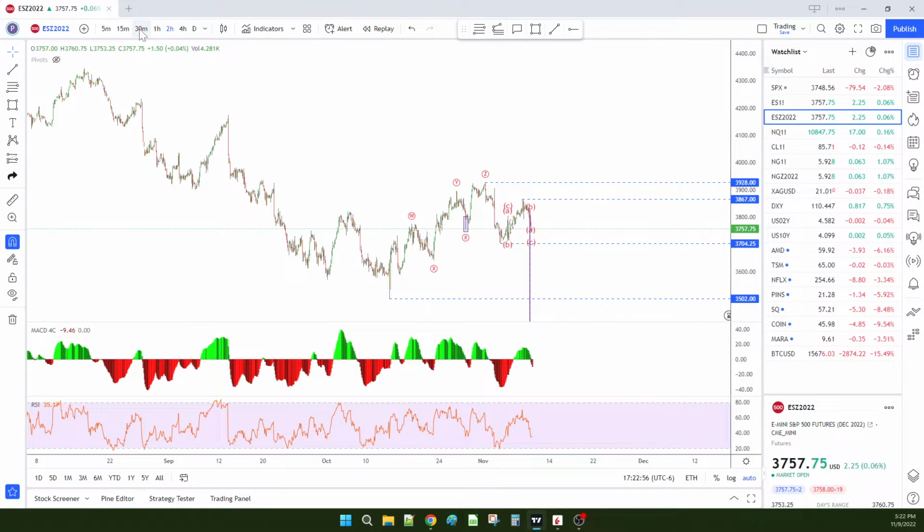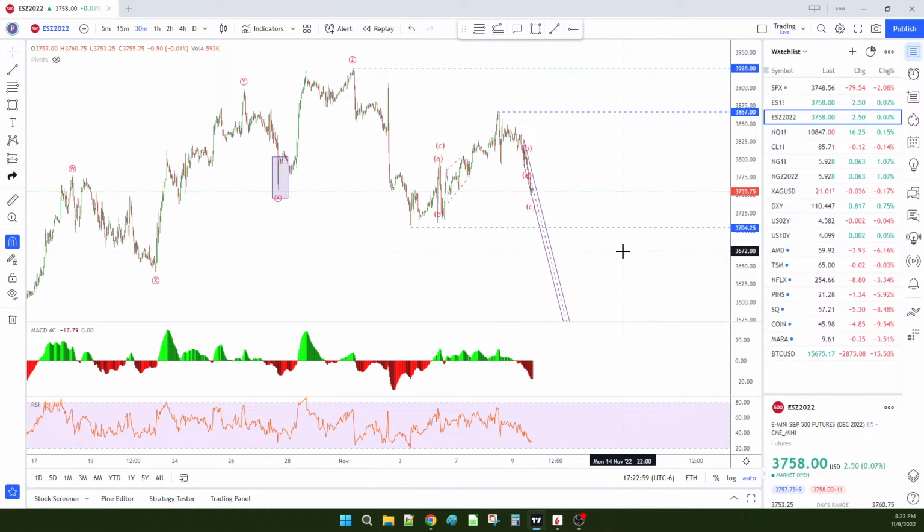So a lot of stuff going on in the markets right now. Bitcoin really selling off. The FTX exchange looks to be imploding, and it's causing Bitcoin to go down 15% just today, and it's been going down all year. So a lot of negativity in the markets right now, and that's why I'm leaning more that for the S&P we've got another leg to go lower here. But yeah, tomorrow's CPI will be a key driver.